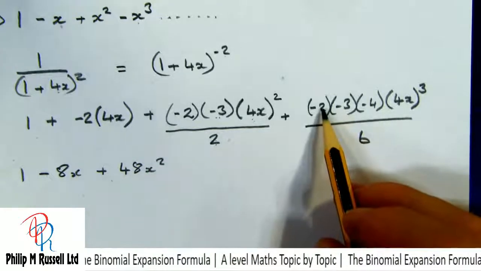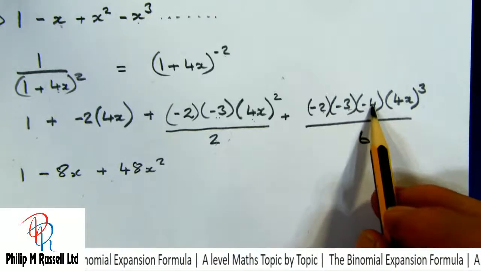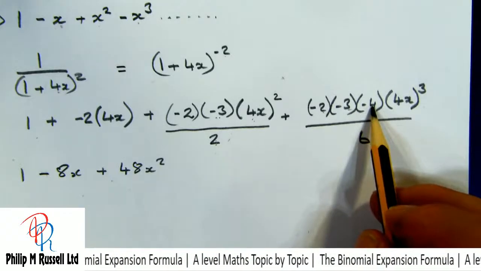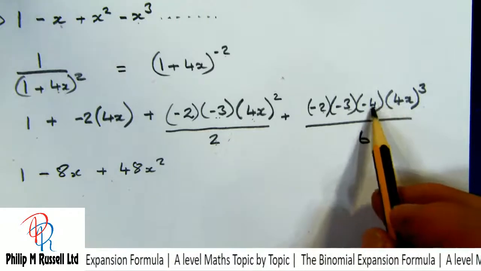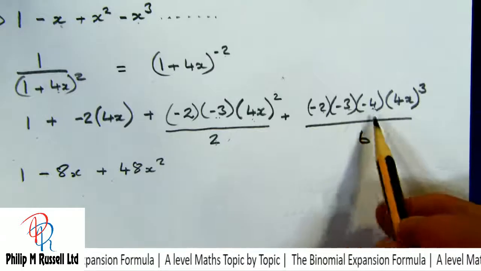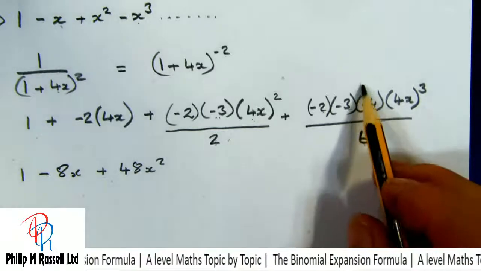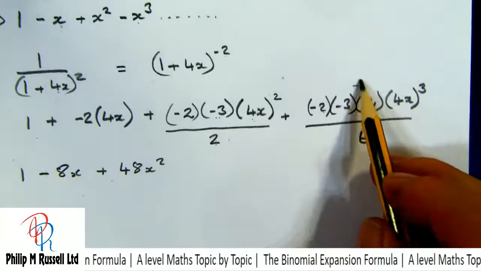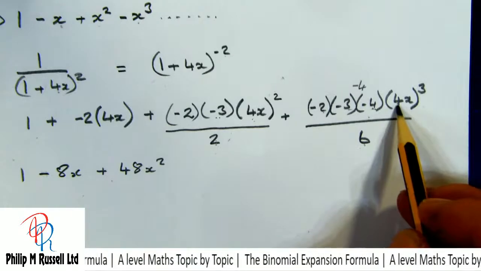And then 2 threes are 6. 6 fours are 24. We'll just leave that as 24. 24 divided by 6 is going to give me 4. So I've got 4, which is minus 4, and I'm going to times that by 4 cubed, which is